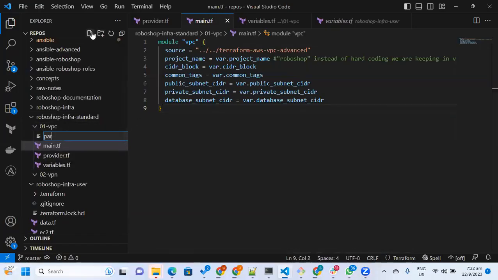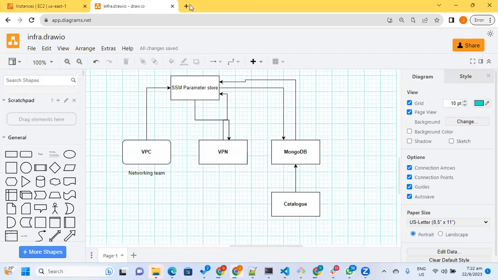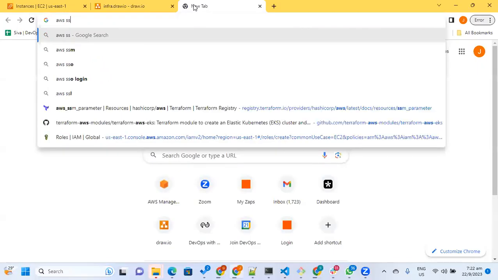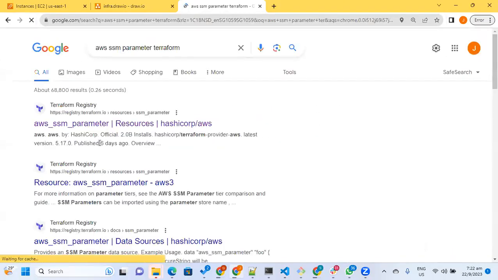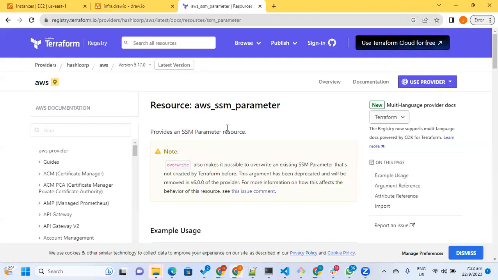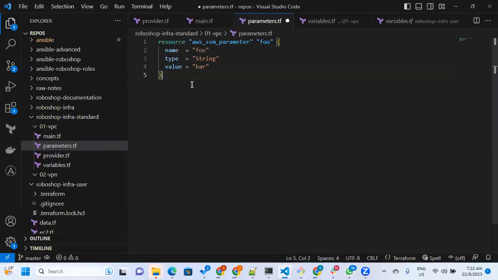So now, as I said, we have to create parameters. Parameters.tf. So you know the syntax: AWS SSM parameter, Terraform. So this is the resource. Now I'm going to store the VPC ID. So what is the naming format? You can just say like this: var.project_name,